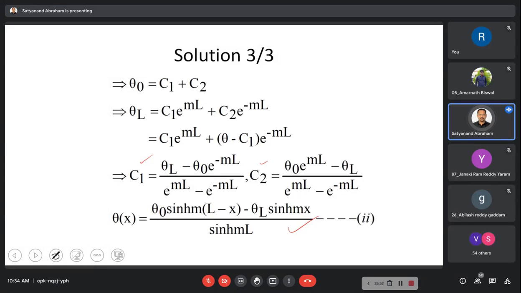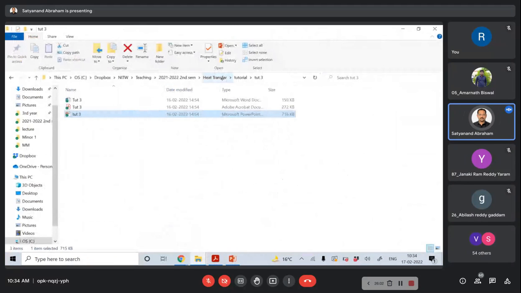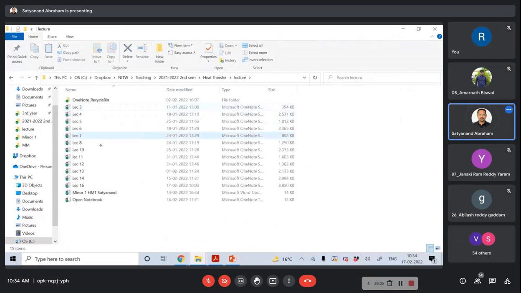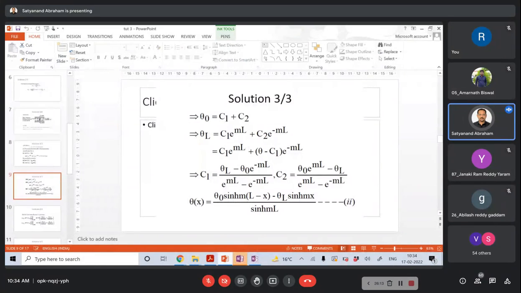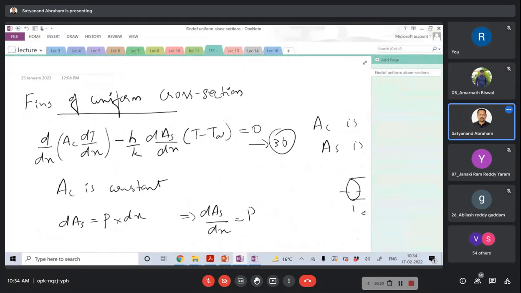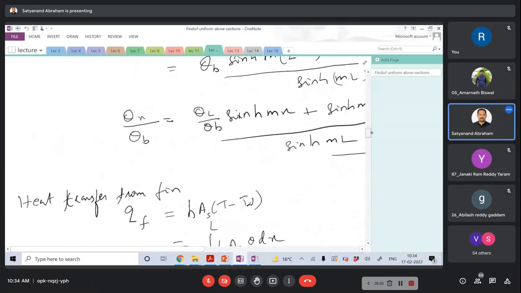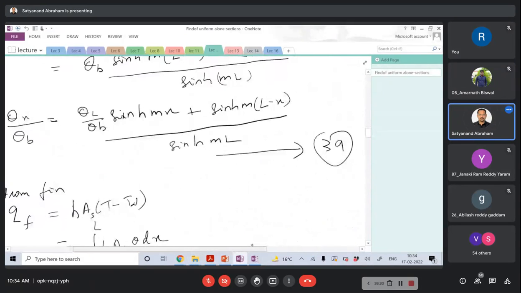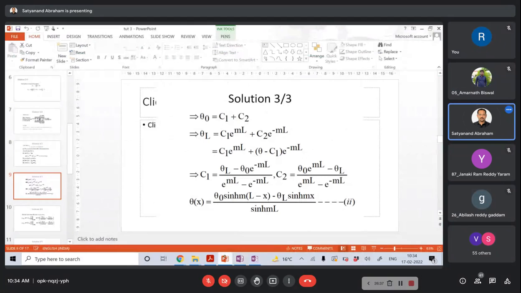We can compare it with our constant temperature condition over here. We have seen the constant temperature condition during our lectures, I think somewhere over here. Can anyone compare the constant temperature condition with this? How different is it? Prescribed temperature condition. So this is almost the same condition, right? So here you can see that